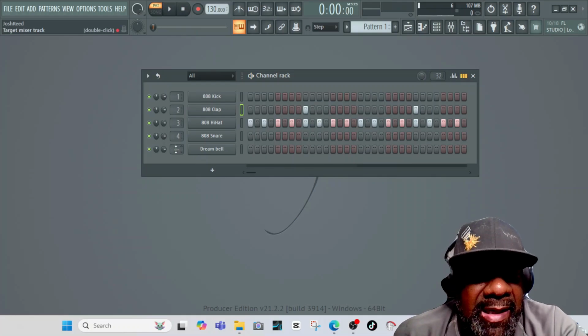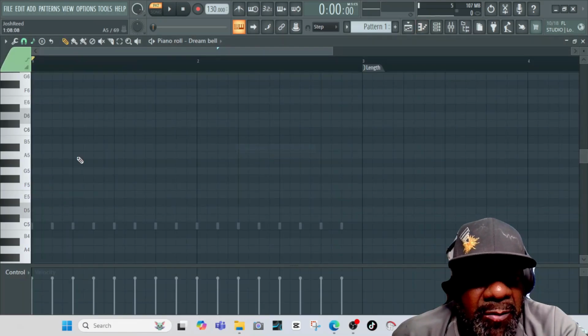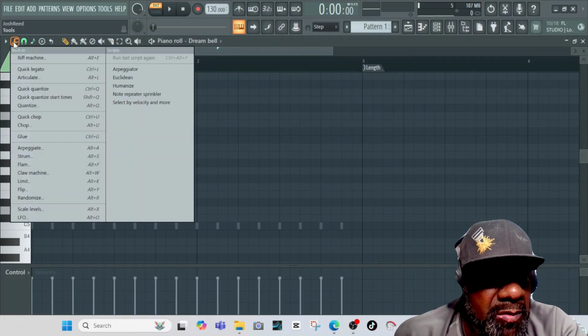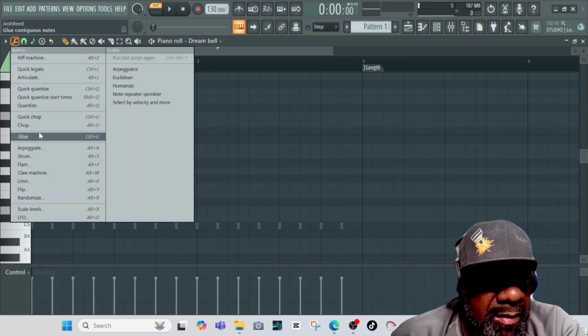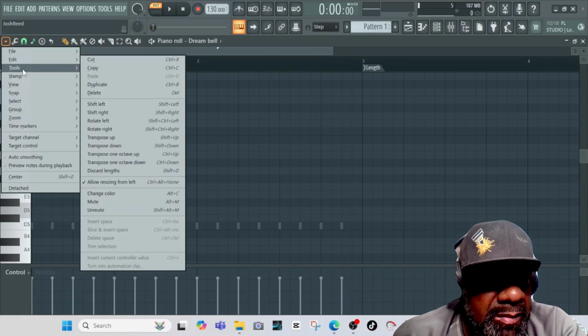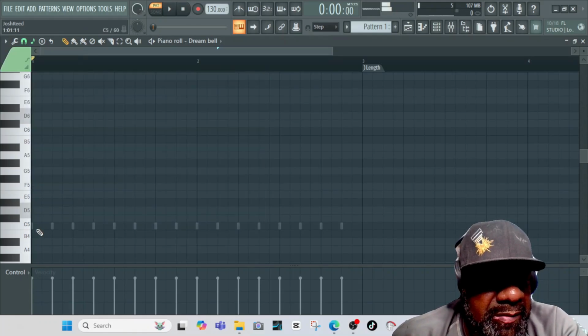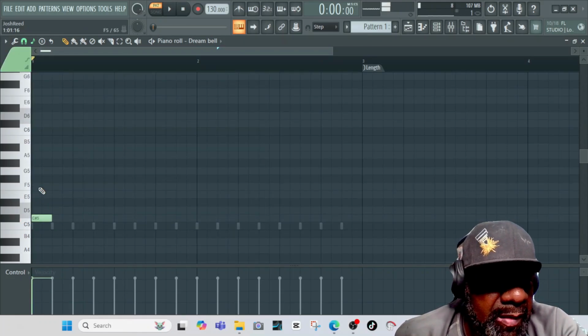All right, so we got that done. Let's go and change that to 5 because we may need that later. So now we're gonna bring up this on the piano roll, and we're gonna come over here, hit that. I don't really know what key I'm gonna use. It really don't even matter. We're just gonna do this. So what I like to do,